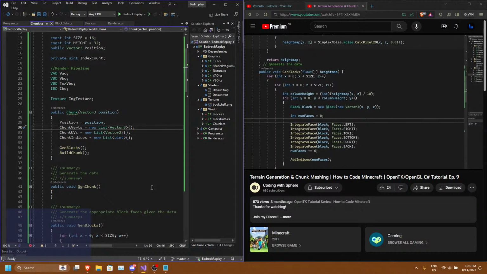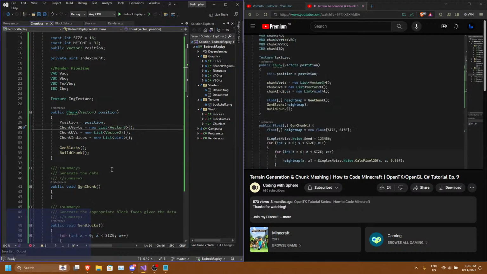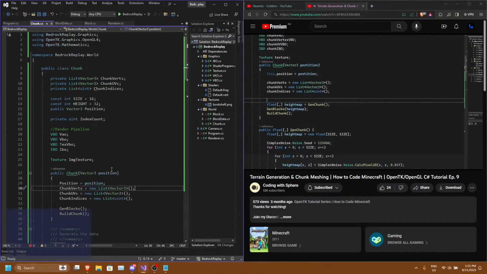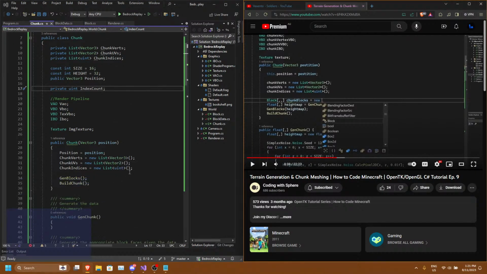The whole purpose of us creating this chunk mesh and merging them all into one is that, while it does make it only one draw call, another benefit is that we can specify which faces we want to keep and which ones we want to remove, which can greatly increase performance in the performance-demanding genre of voxel game development. And so for this, we're going to create a new data structure. This data structure is going to be a three-dimensional array of our blocks. So we're going to do a block, and this is going to be a three-dimensional array, chunk blocks equals a